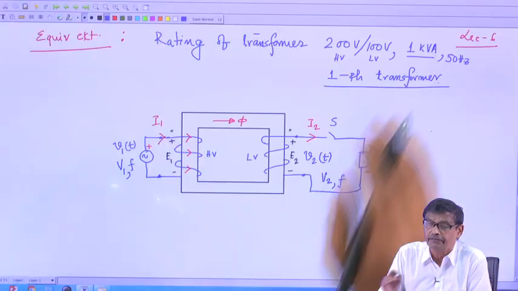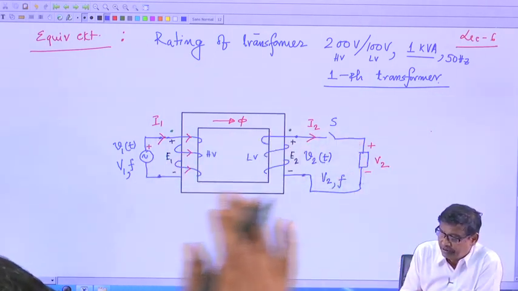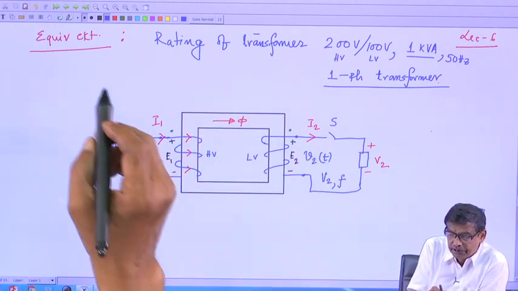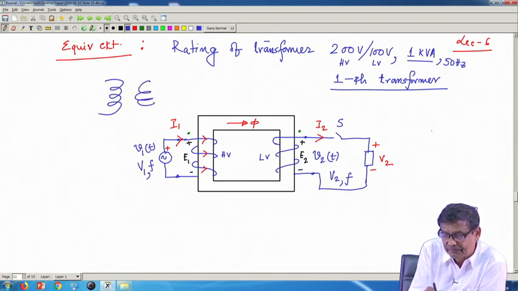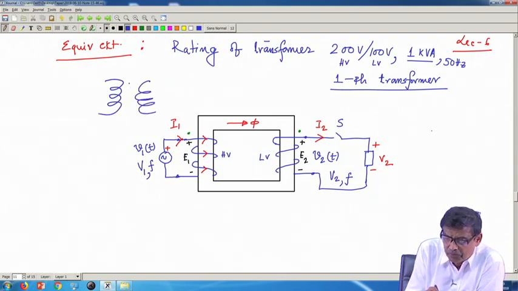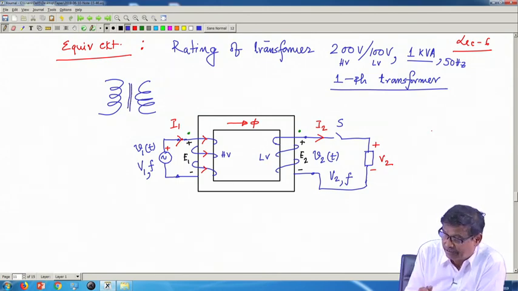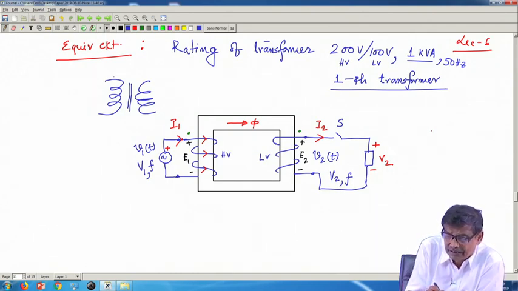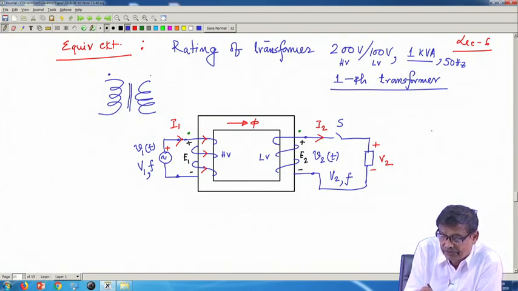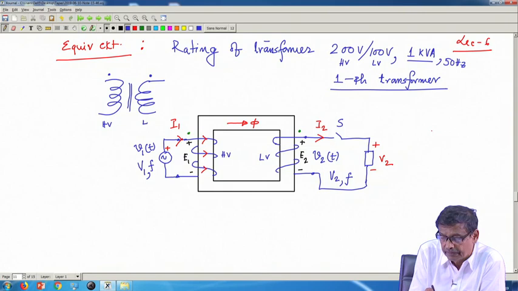From these numerical values, what do we conclude? Instead of drawing this elaborate diagram, I will simply draw two coils like this, and the core material may be shown by this vertical line. This is a simplified way of showing all these things. These two are dots, which is important, and suppose this is the HV winding and this is the LV winding.